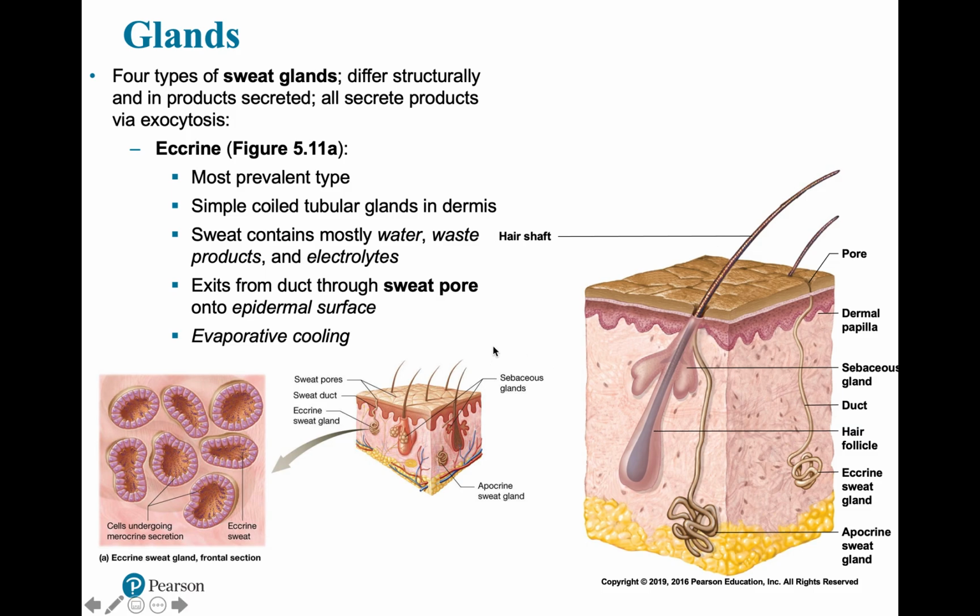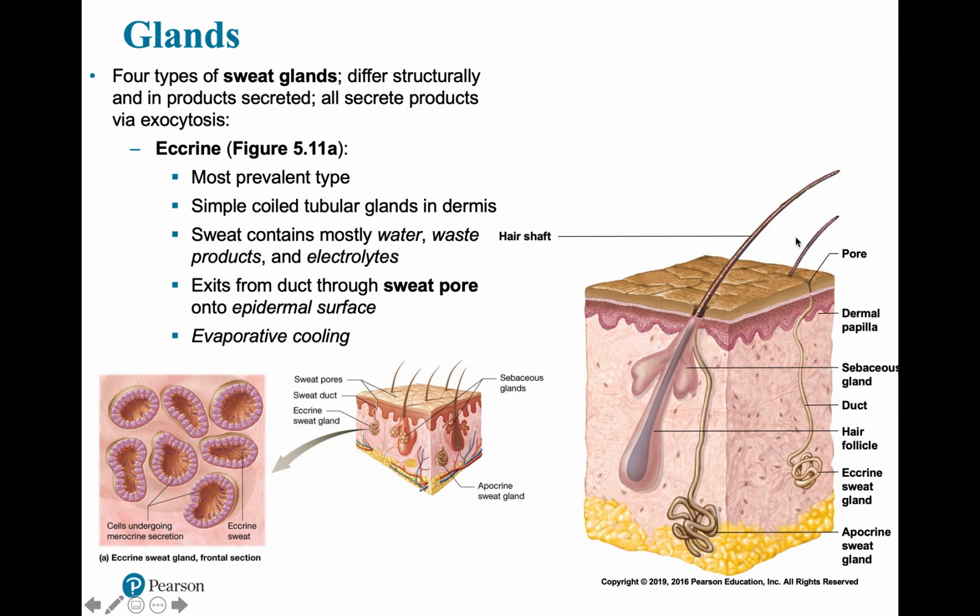But when you think about the main primary function of eccrine sweat glands, it's going to be body temperature regulation, but through a very specific method called evaporative cooling. The sweat is primarily 99% water. When body temperature increases to a certain point, sweat glands can be stimulated to secrete sweat. That water lines the surface of the epidermis, and as long as there's a gradient for this water to evaporate,